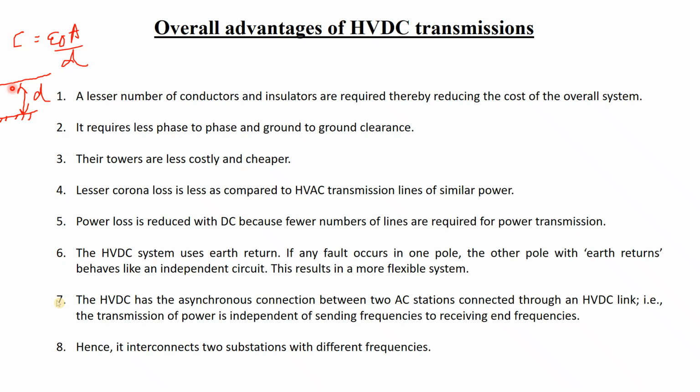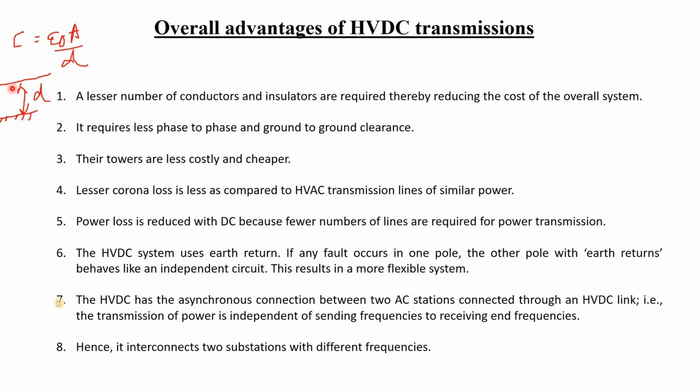Now in three phase we have three conductors, so not only is ground clearance required, but also clearance between one conductor and another, because the line voltage is, suppose, 440 kV, so obviously the voltage between the two conductors is also 440 kV. In between there is an air medium, so there also the electric stress will increase if the clearance between one phase and another is not sufficient. Now in DC, we are using only two conductors. Now in DC there is no capacitance effect.